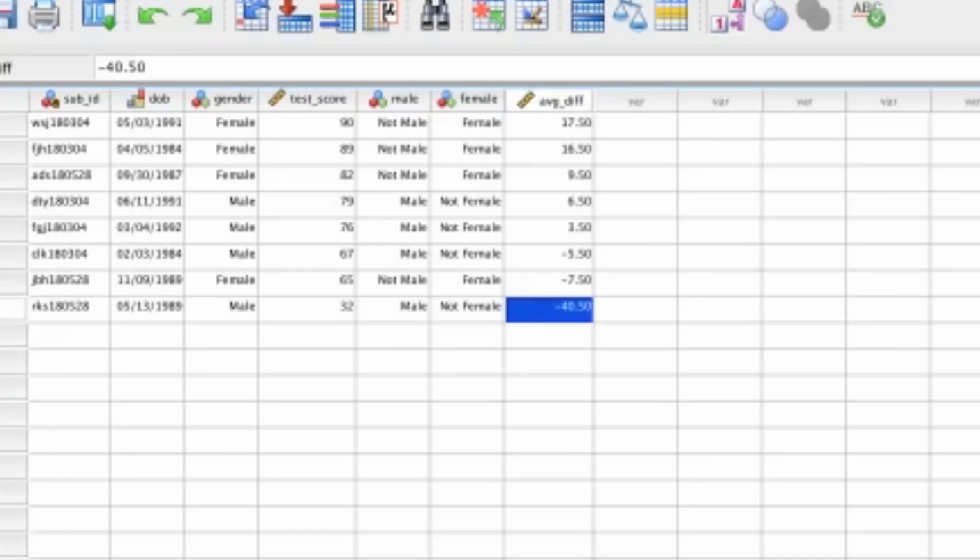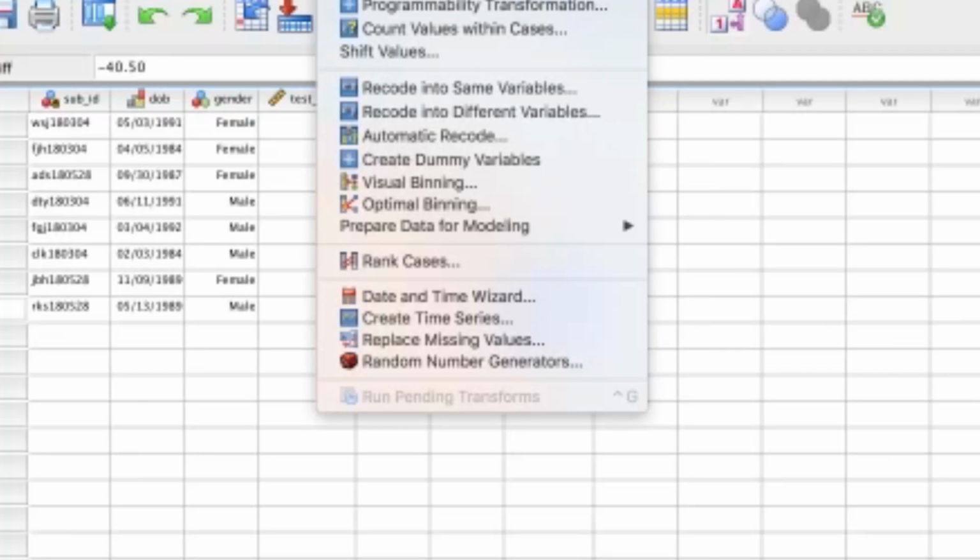Another thing that people often do when creating and manipulating a data set is recoding values. So for instance, if we have a value or a set of values that we wanted to change into another set of values or a descriptive set of values, we could use what is called recoding. And when you recode, you typically go to transform, and you've got 2 recode options. Sometimes people recode into the same variables, meaning that you're taking a value and recoding it and replacing that original variable. And then other times you might recode into different variables, meaning that you save the original set of variables